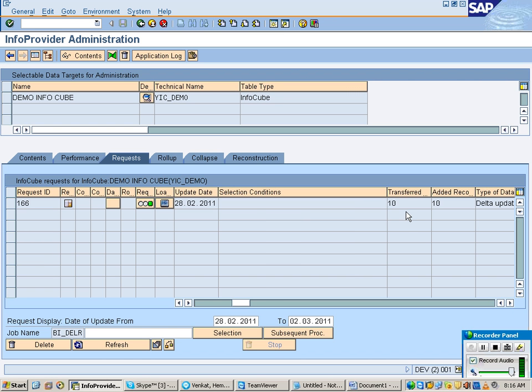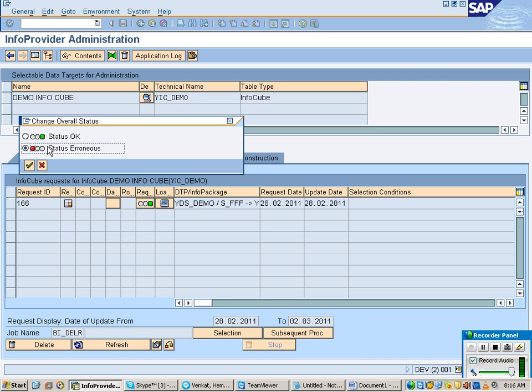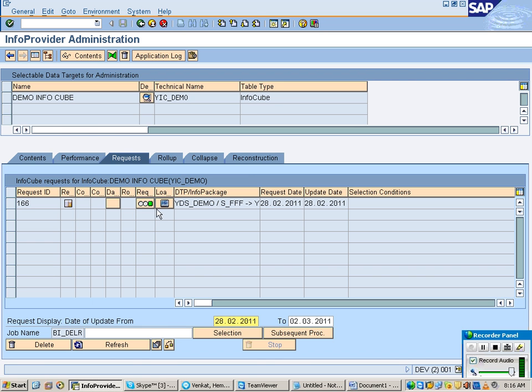And how many records have been added? 10 records. And you can see this data can be used for reporting purpose. A request is available for what? Reporting. Then, can you see now the status is what? Green. So now suppose if I made the status red,